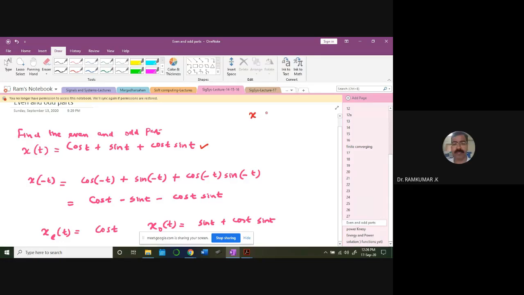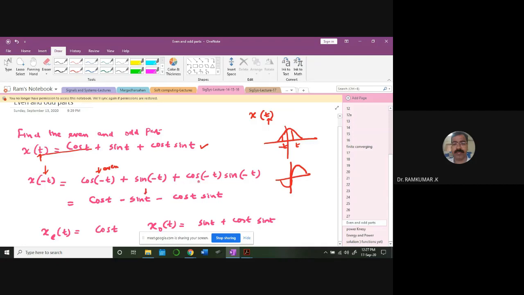How do you compute the even and odd parts? Can you remember? If x of t is equal to x of minus t, it is even. Easily you can get it. This is the x of t signal. Put minus t instead of t and see what's happening. Cos of minus t is cos t only, so it's an even signal. Always remember the waveform: if you look at the cos waveform, whatever value you get on one side, you get the same on the other. So cos of minus t will always be cos of t. Sin of minus t is going to be minus sin t. Remember that. Okay, so that's clear.